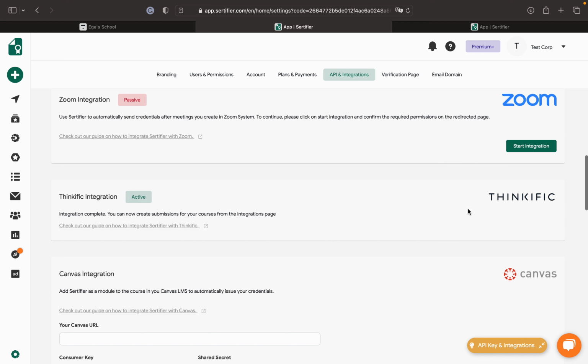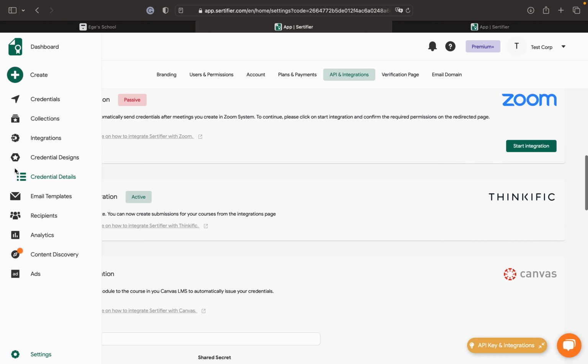If I was not logged in, it would have redirected me to our login page where I could log into my account and the same result would happen. So it's not really an issue, but it would be easier if you're already logged into your Sertifier app. Now that our integration is active and set, we can go ahead and set up the credential that is going